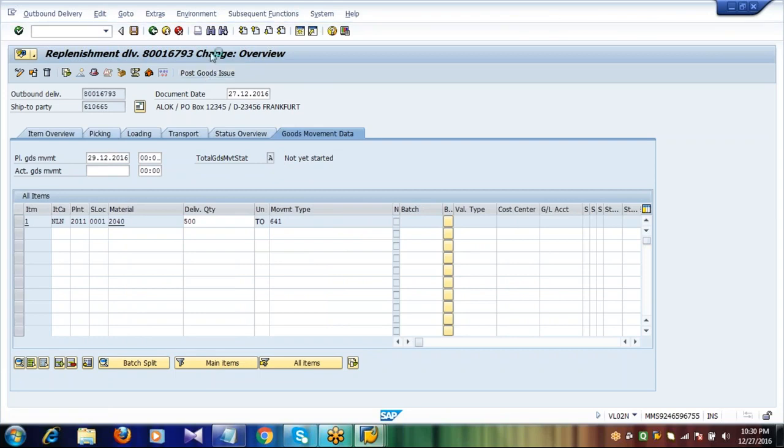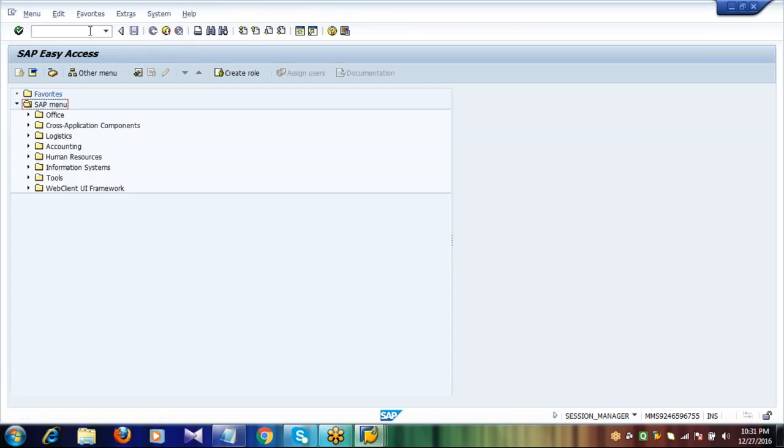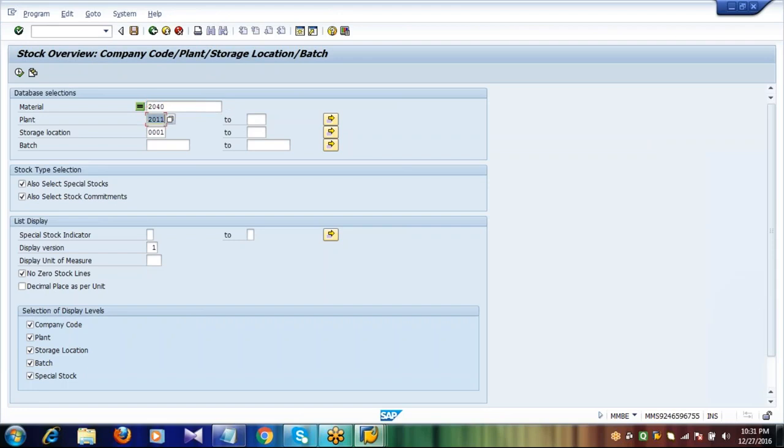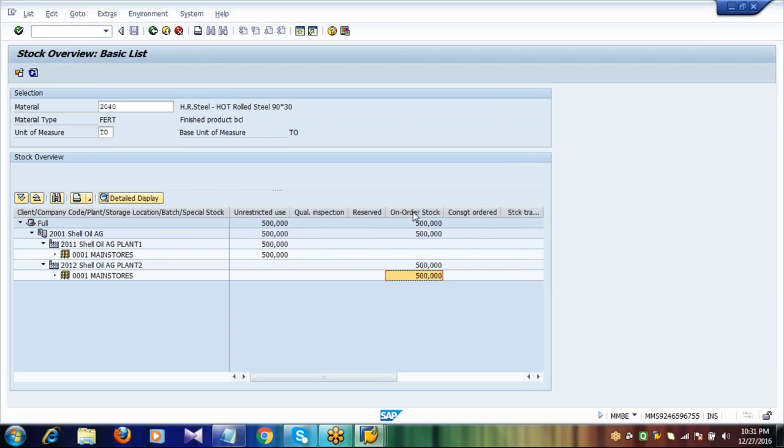If it is a one-step process, by doing this step, at both ends the stock updates. In one case increases, in another case decreases. But in this case, if we go to stock overview, as we are following the two-step process, the stock reduces in the supplying plant and displays under on order stock at the receiving plant. See here, the stock displays under on order stock at the receiving plant. If it is a one-step process, it automatically updates here after this step. Now it is a two-step process, therefore